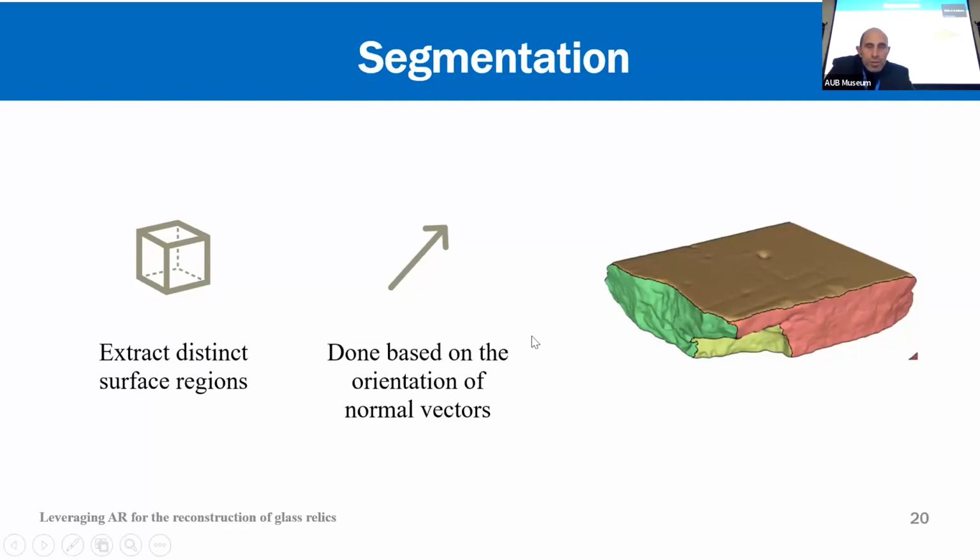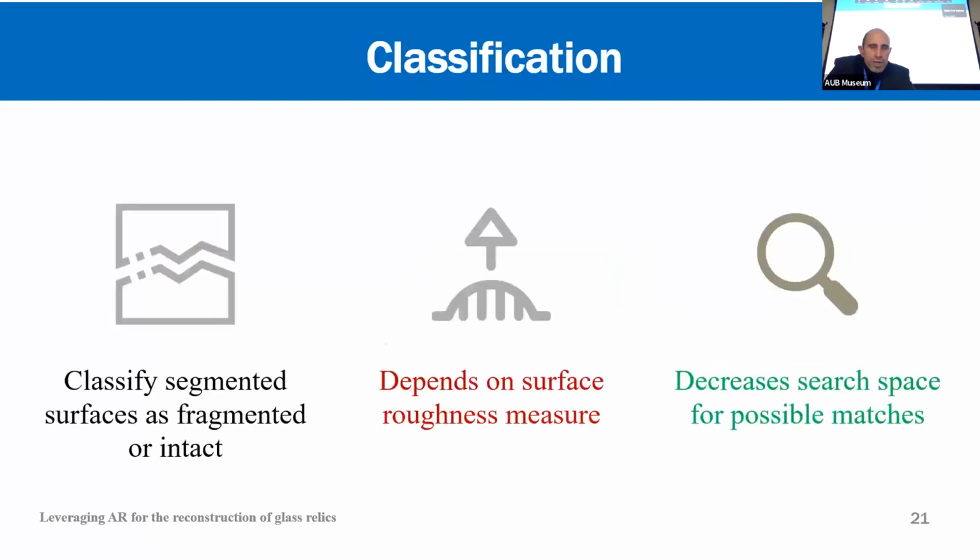So one way to do that segmentation is to say, find the green from the red, from the brown, from the yellow. That's what I mean by segmentation: look at the surface normals and then try as much as possible, maybe using an algorithm like k-means or a learning algorithm, to segment these surfaces or hypersurfaces into cohesive regions. And then once you have the cohesive regions, one thing you can do is reduce your search space by identifying if these are actually